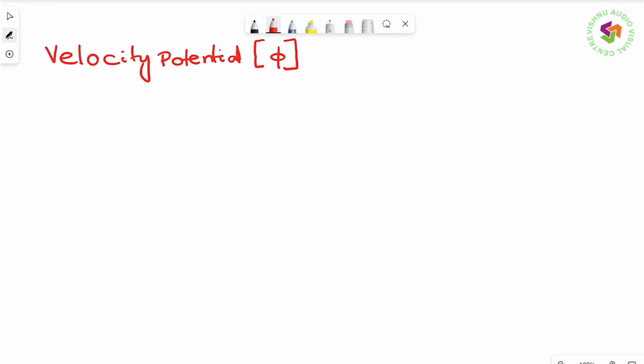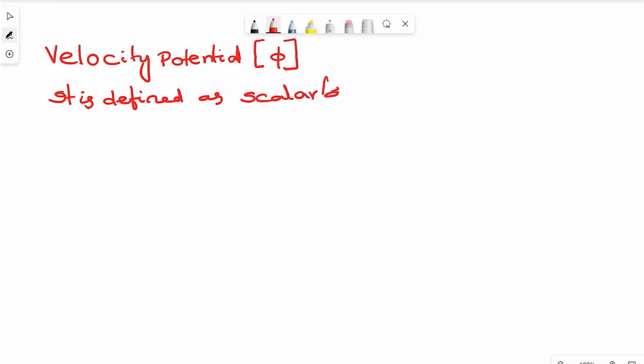It is defined as a scalar function of space and time. Here space means, in Cartesian coordinates, a function of x, y, z, and time means t, such that